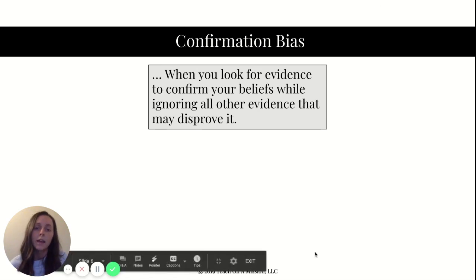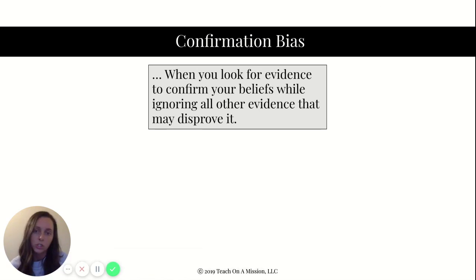Okay, confirmation bias. You can see this one so often too. We usually look for evidence to confirm our beliefs while ignoring all evidence that may disprove it. So what does this sound like to you right now? Everyone in 2020, right? A lot of people are really polarized, and they have their beliefs, and then they're going to look up information that proves their beliefs and ignore evidence against their beliefs. So confirmation bias, we want to confirm what we already know.